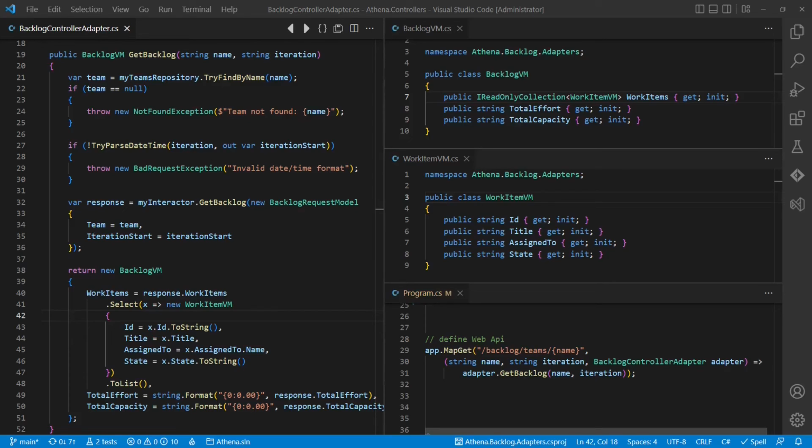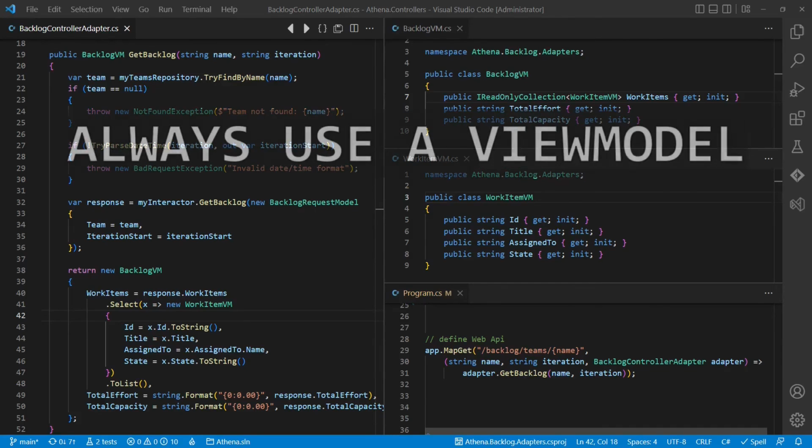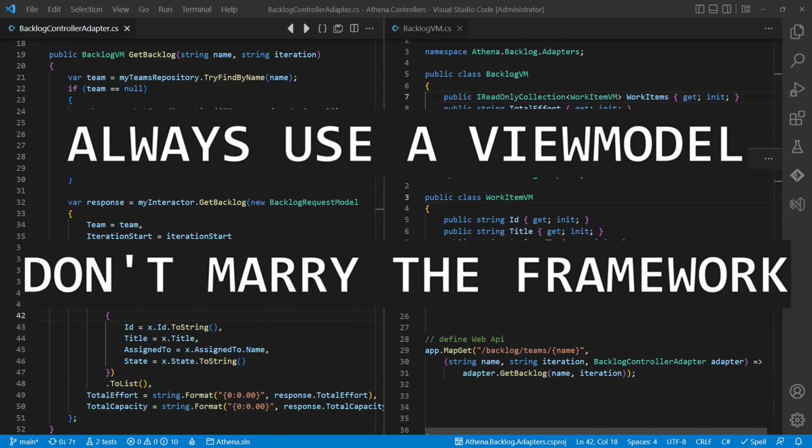Usually I would argue that design decisions heavily depend on the concrete project, but as in this case the benefits of the clean solution clearly outbalance the costs, I recommend to always use a dedicated ViewModel type and don't marry the framework. And if you now want to know how to generate these